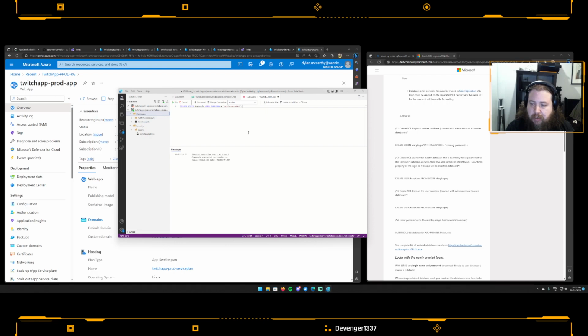Cool, so that's done. Now what we should be able to do is create user from login. So that creates a user from login, that's cool. And then we say alter role db underscore data reader. Actually, for this we mostly need to switch our database,